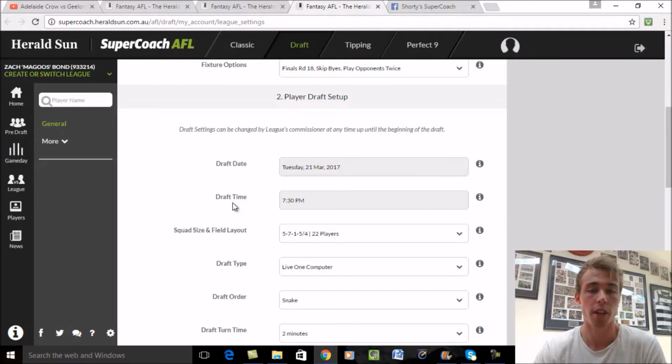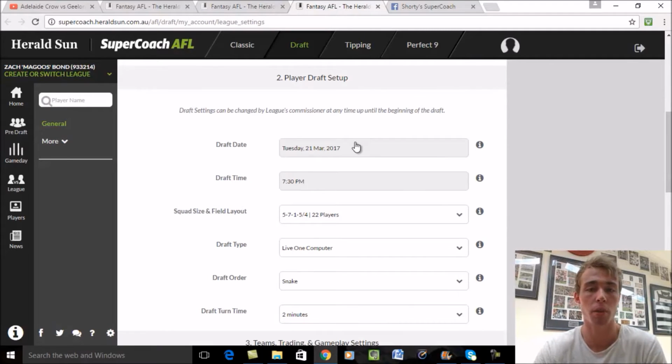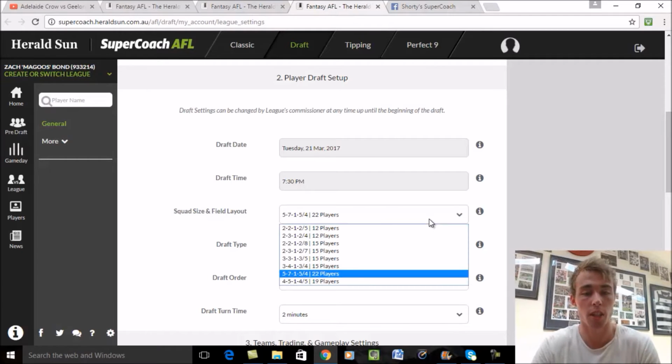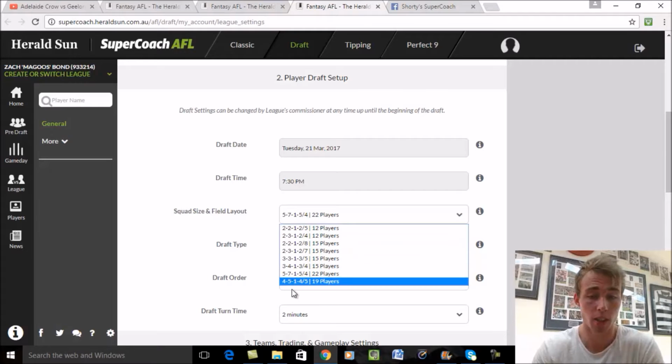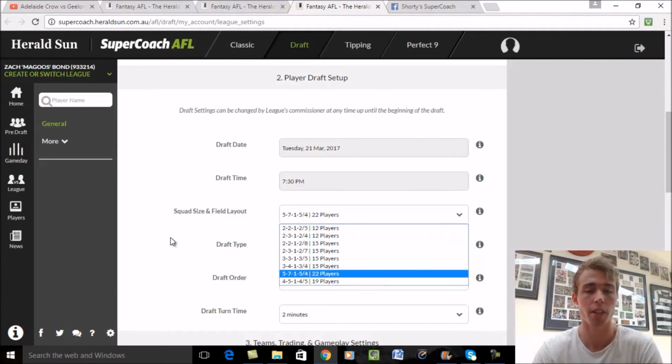And this is the draft setup. When the date is, obviously you can pick any date as long as it's prior to round 1, draft time. And this is a crucial one too, your squad size and field layout. Take a look here. So you can have anywhere from 12 players to the 22, and it breaks it up with each line there. Mainly we'll do 19 or 22, and I think that's probably the fairest in my opinion,